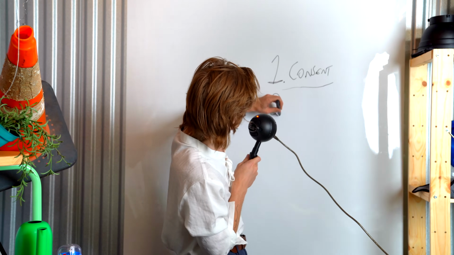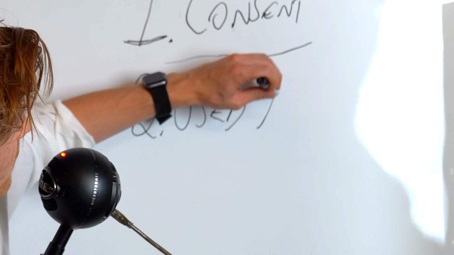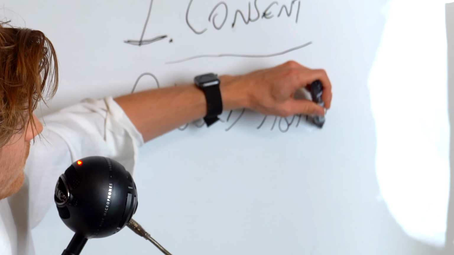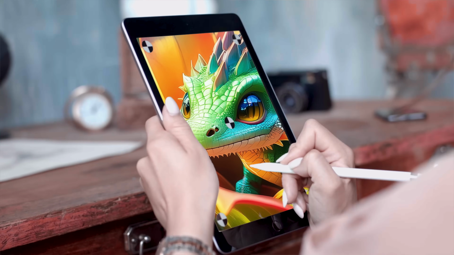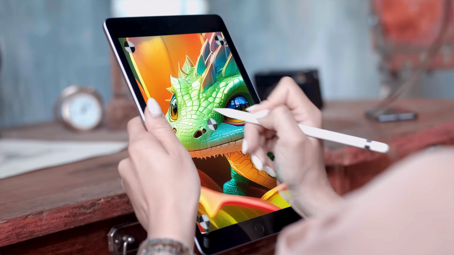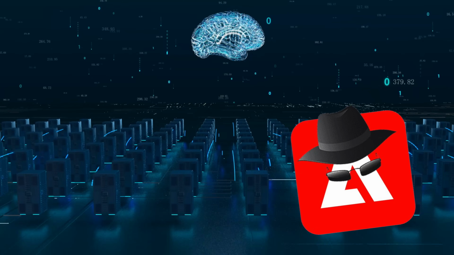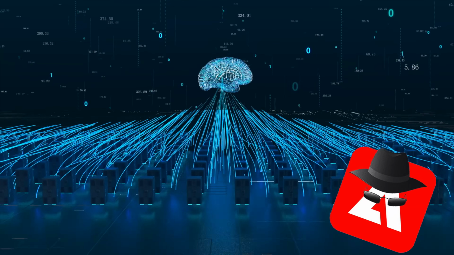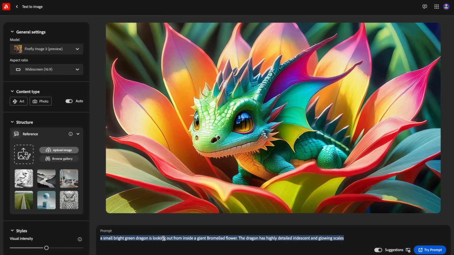The second big reason, it's being used against you. I mean, think about it this way. You're an artist, okay? So you use Adobe Illustrator to make your digital art. Adobe then uses your digital art to train its AI model and then creates AI-generated artwork that puts you out of business.